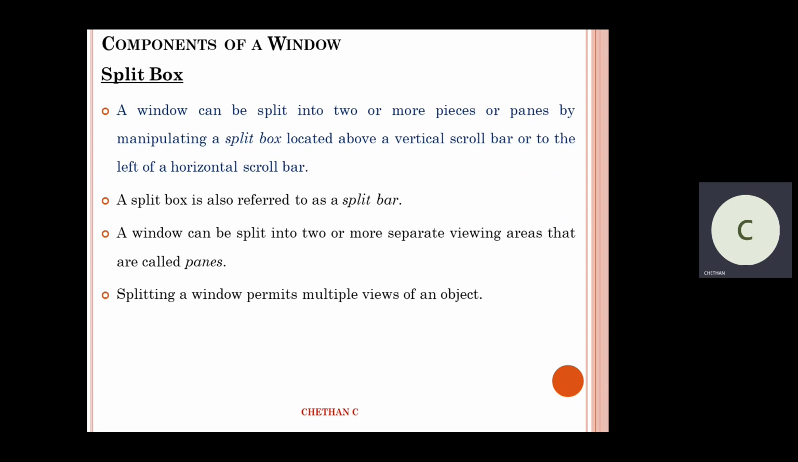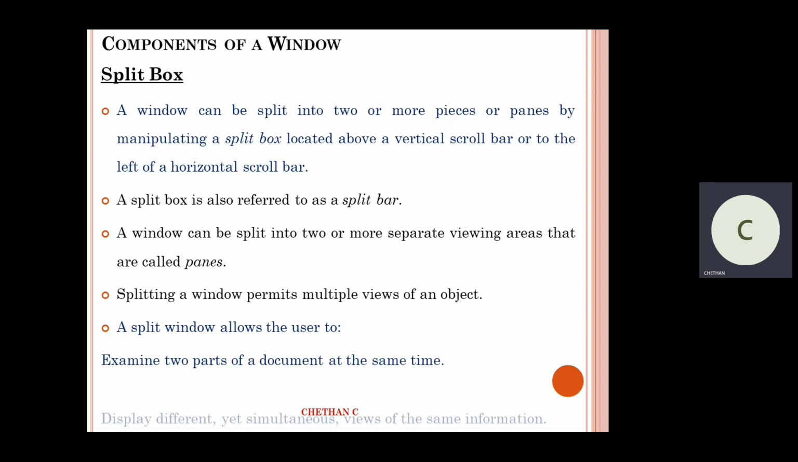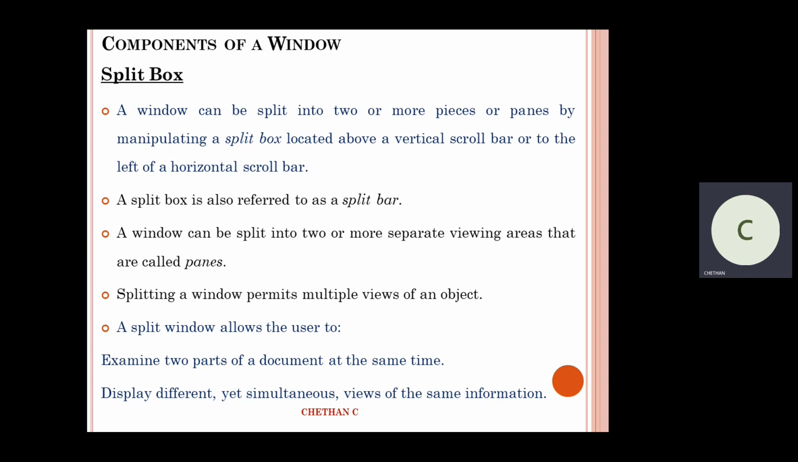Splitting a window permits a view of multiple objects, multiple things to be able to see. A split window allows the user to do what? First, it examines the parts of a document at the same time and different items. So different displays can be looked into simultaneously. This is nothing but your split